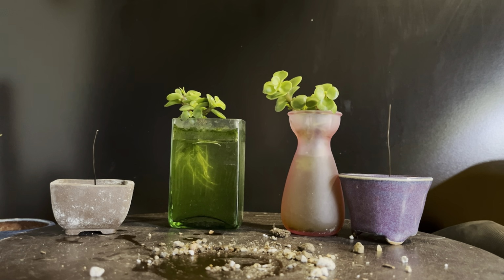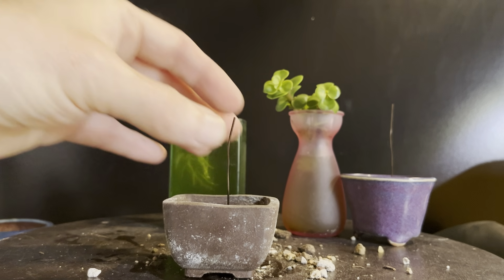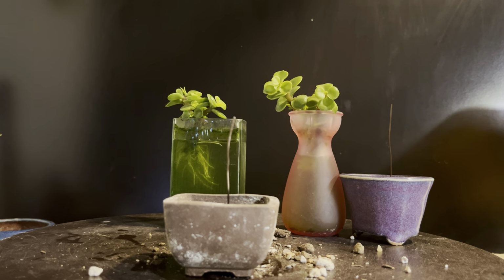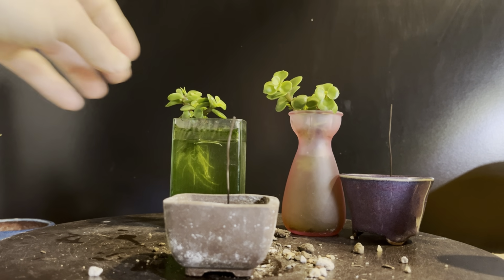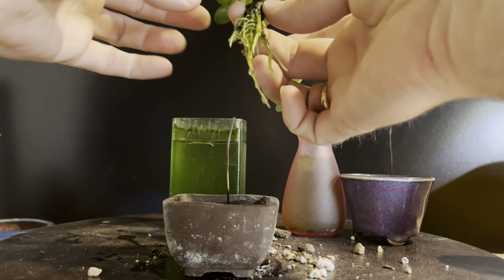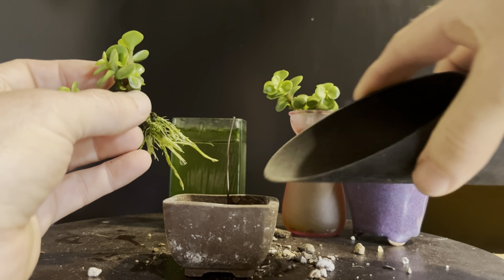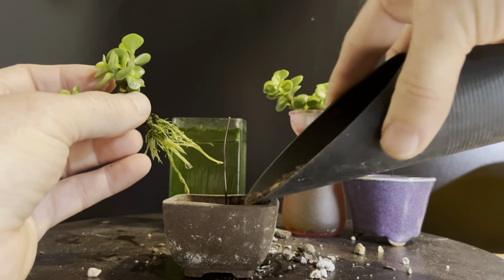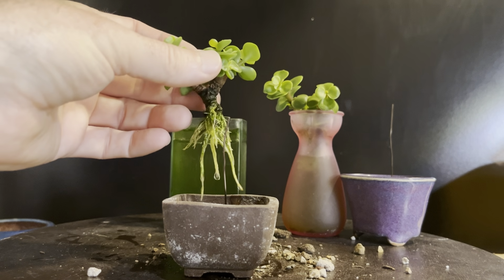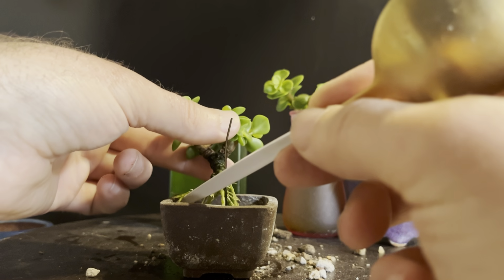Let's bring in, let's see, let's do this guy next. I kind of like this little tree. That little tree that we're going to put in here. It sort of looks like an alien from, I don't know, one of those 50s sci-fi movies where they have the tall legs. I can't recall what it's called at the moment, but we'll put a little soil in there, and we'll get this one going. I should probably trim the roots a little, but I'm just going to let it go wild. I will splay them out so they start growing